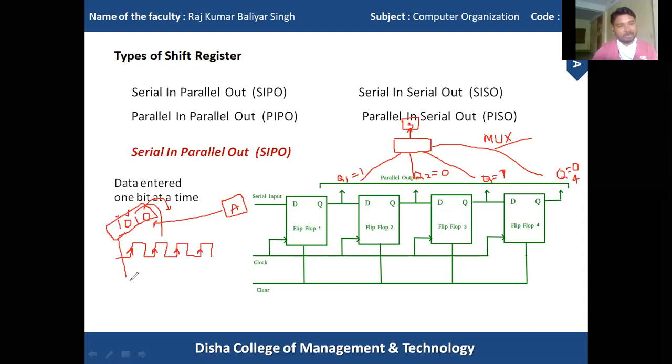We need n clock cycles. If we have 4 bits of data, then 4 different clock cycles are required to transfer it. Similarly, for n bits, we need n clock cycles. So the number of clock cycles is directly proportional to the number of bits.